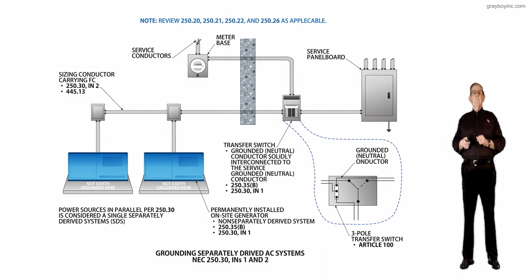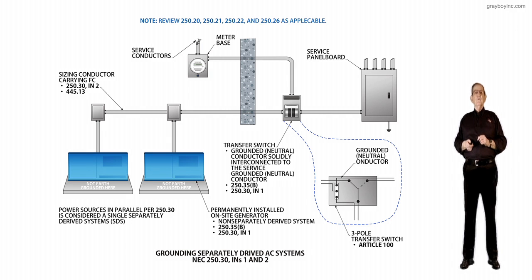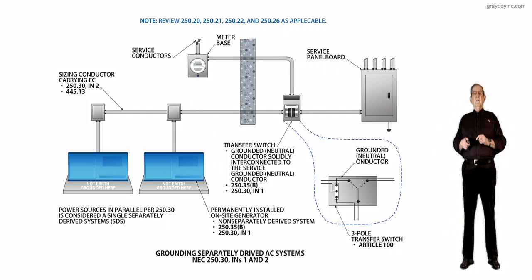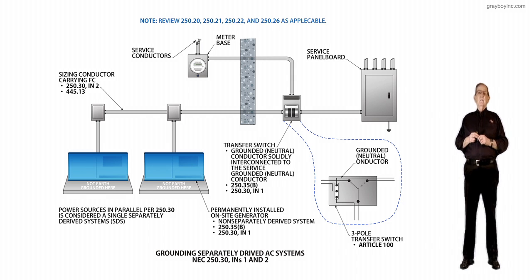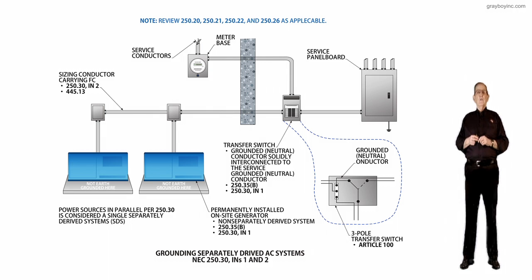And then, of course, you have multiple power sources there, and we have a grounded conductor and the transfer switch that's connected to a bar. You're not switching it, so you don't have to ground those transformers, as listed there. Then sizing the grounded conductor to carry fault current, the conductors from each one of these units are sized at 115%. So you locate your disconnects, or you could have mains in the generator depending on the manufacturer's spec. And then notice 250.30 Informational Note 2,